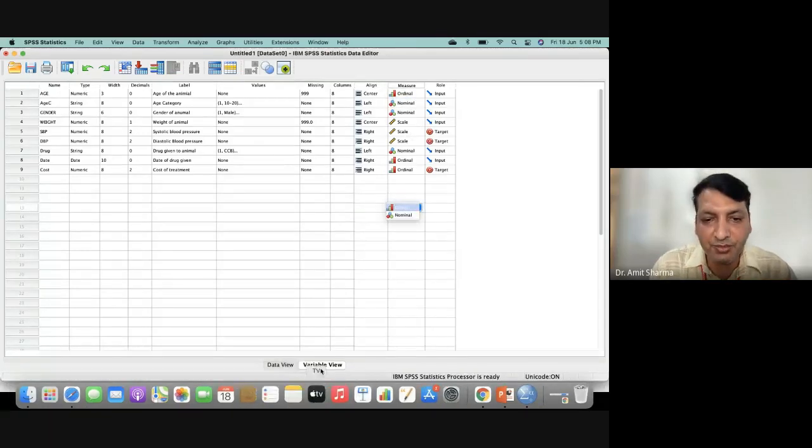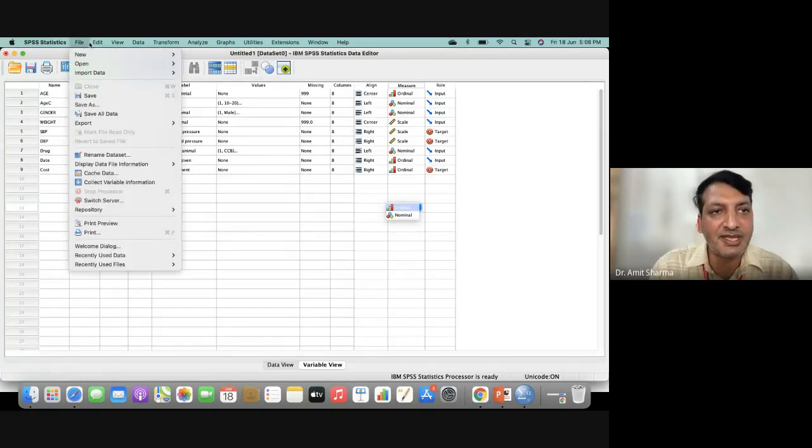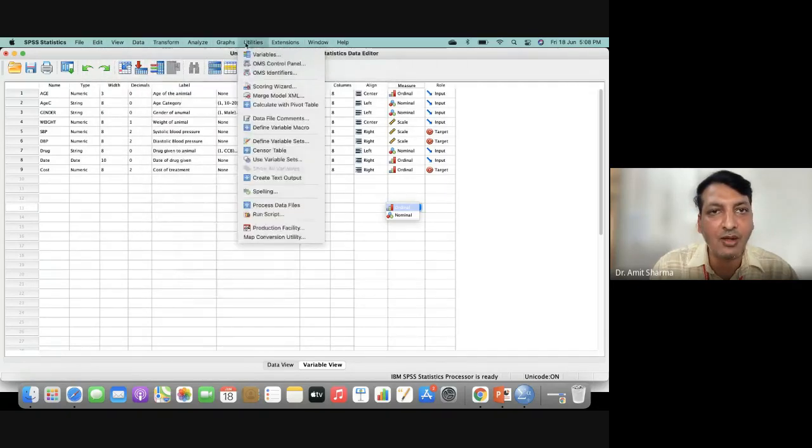Clear? And this option, data view and variable view, will be seen at this side for the persons who are using a Windows operating system. Clear? And for Mac version, I'm getting all the SPSS commands on the top. You can see I'm getting all these commands on the top.